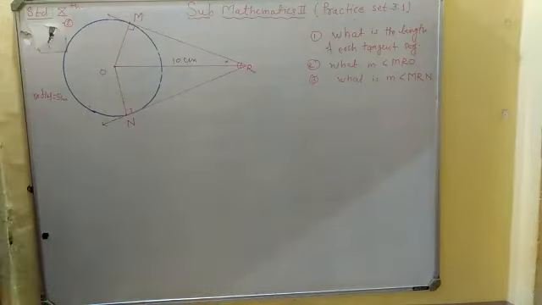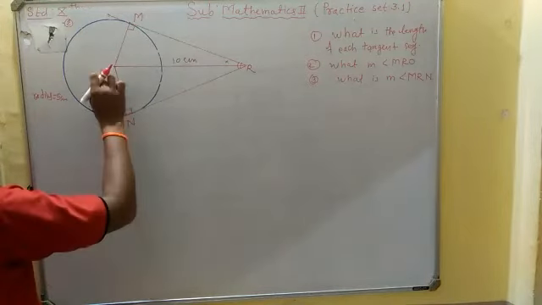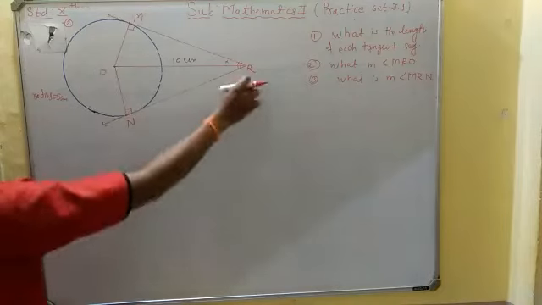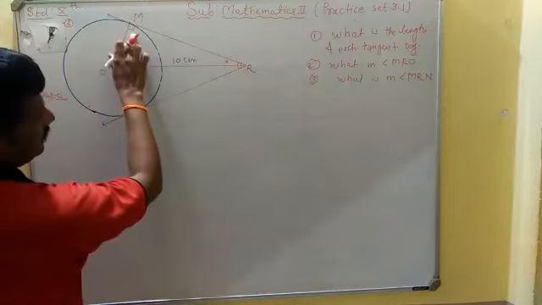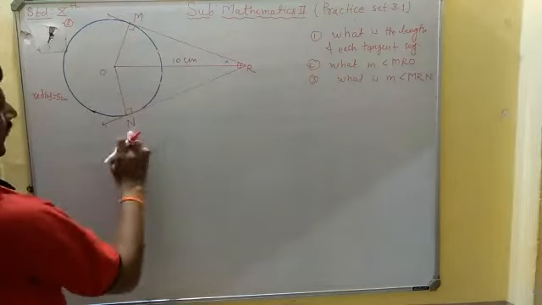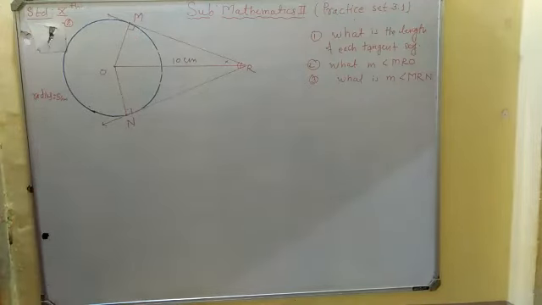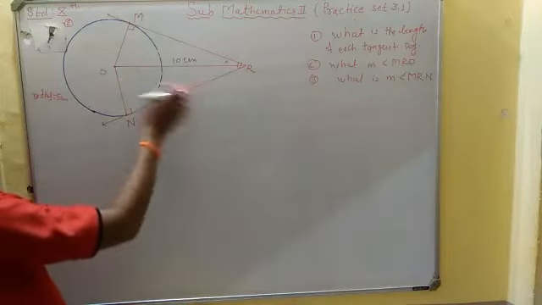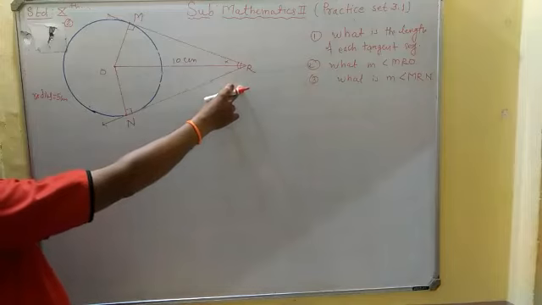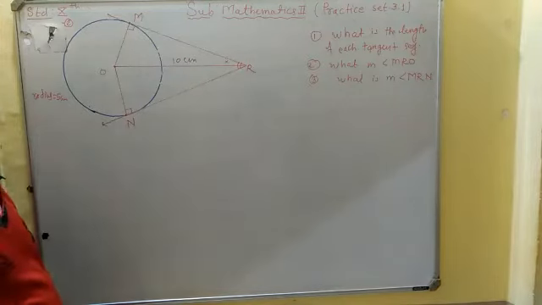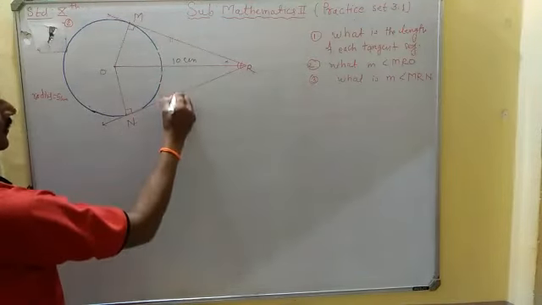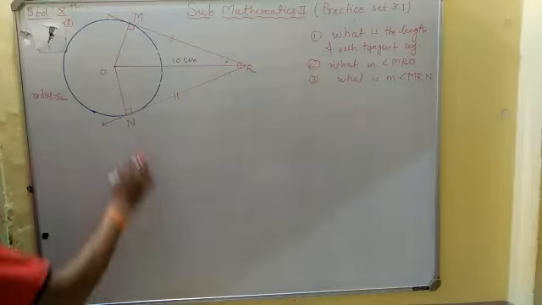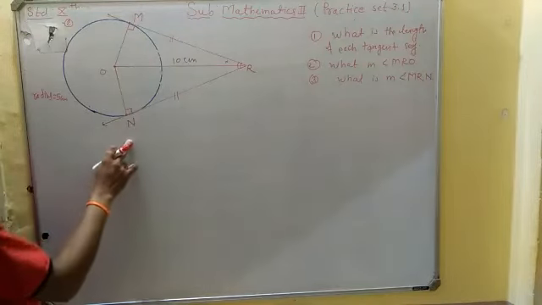Now look at the figure carefully. Here we get triangle OMR and triangle ONR, the two right angle triangles. Now what is to find? Firstly, to find the lengths of the tangent segments MR and NR, and we know the tangent segment theorem. The tangents drawn to the circle from an external point are congruent. That is the tangent segment theorem. That means here segment NR and segment MR both are congruent.